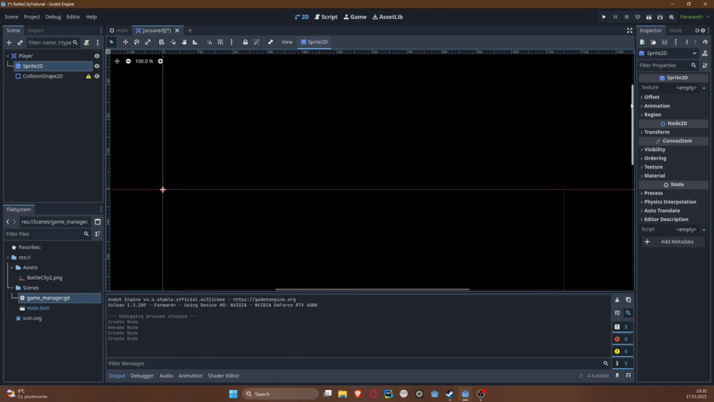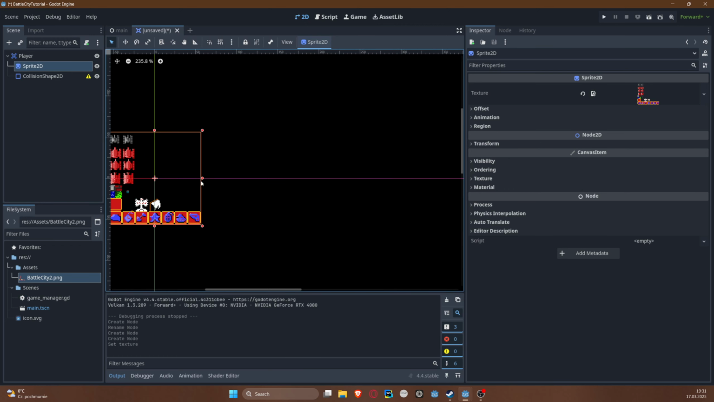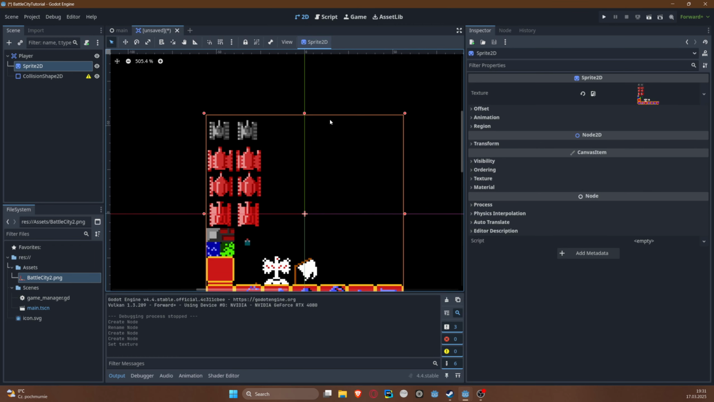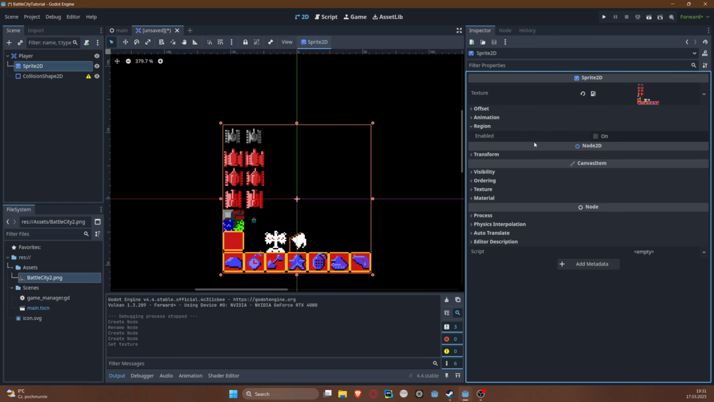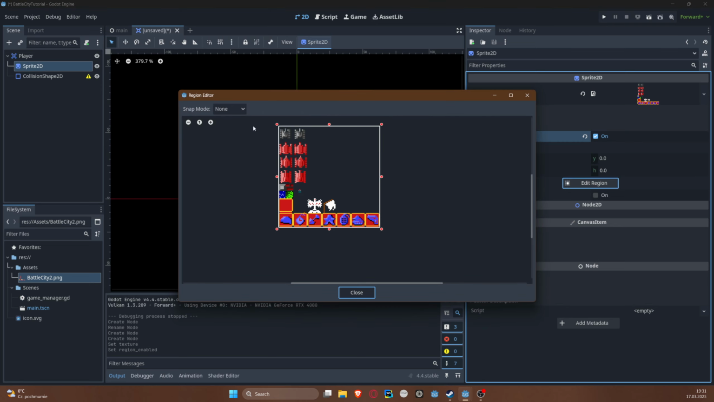So go to sprite and then in inspector, I would just grab this and drop the Battle City. As you can see, this is of course a little bit too much, but we can limit the things that we're displaying for a player by enabling region and editing it. I will choose the snap and I will snap to pixel,